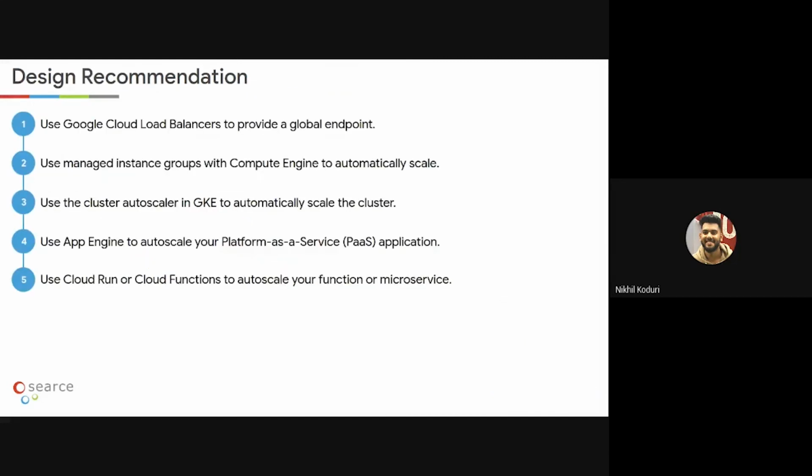So again, for the design recommendations, you would want to use Google Cloud Load Balancer to provide a single, global endpoint, have a managed instance group, incorporate GKE, and have serverless deployments such as Cloud Run, Cloud Functions, and App Engine to auto scale your microservices.